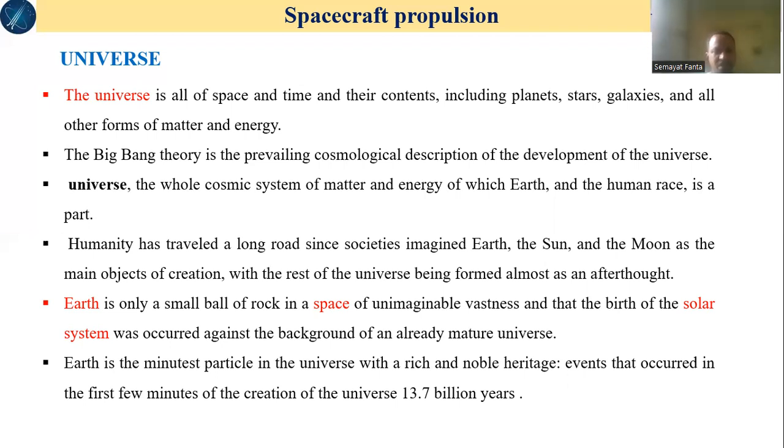Okay, so earth is the minute particle in the universe with rich and noble heritage because that is the only place for the living creature these days. ከሌሎች አንፃር ስናይ ሰው አለ ወይም የተለያዩ ህይወት ያላቸው ሊኖር የሚችለው ኤርዝ ስለሆነ።